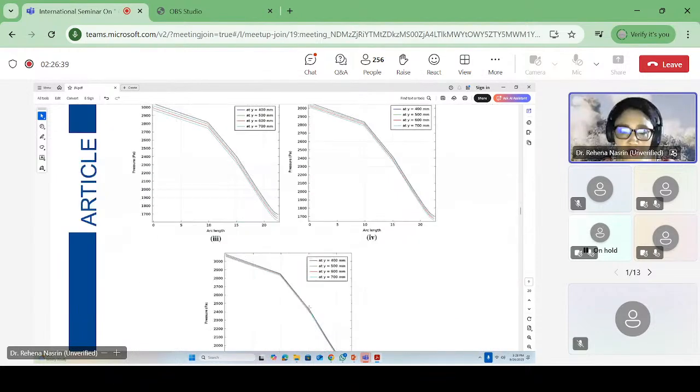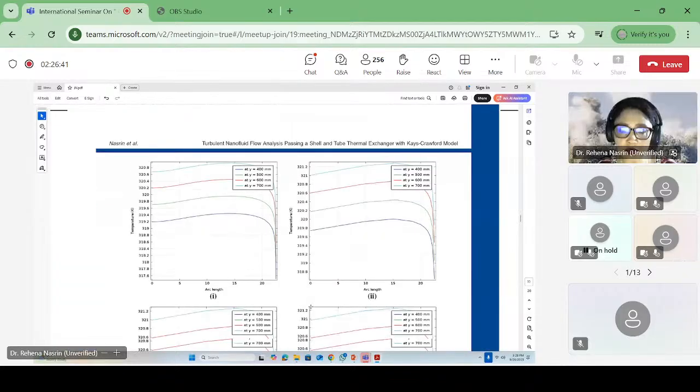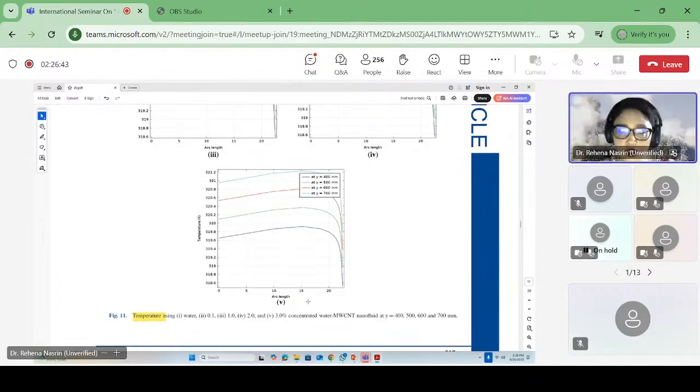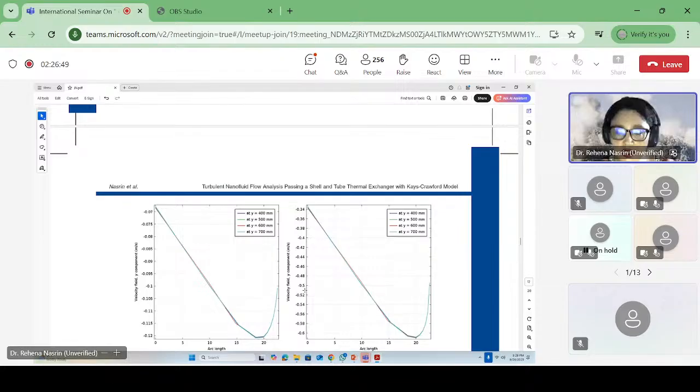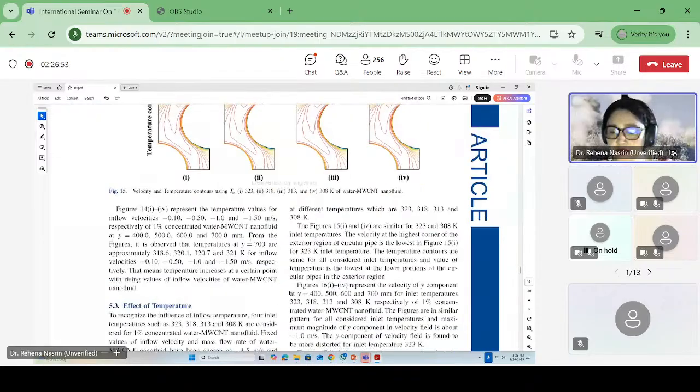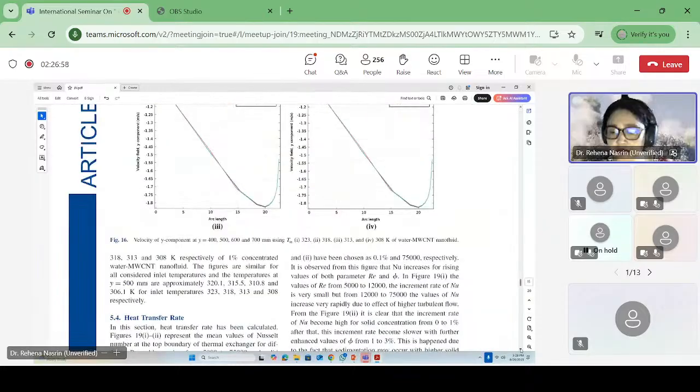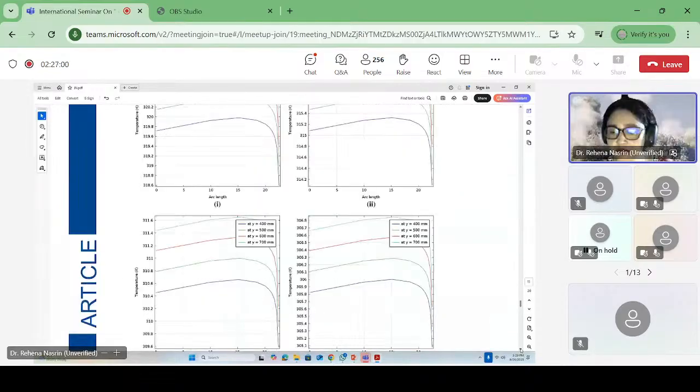So we can see here all these data plots, also the surface temperature plot. And we can conclude the remark that